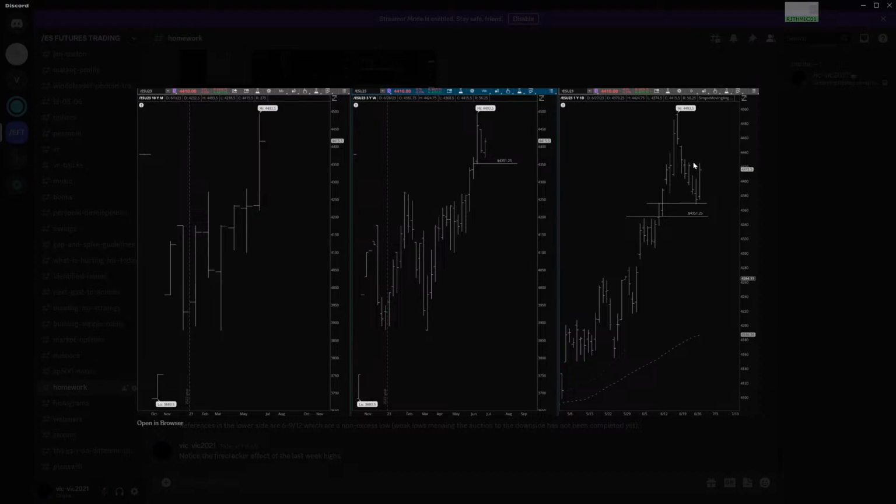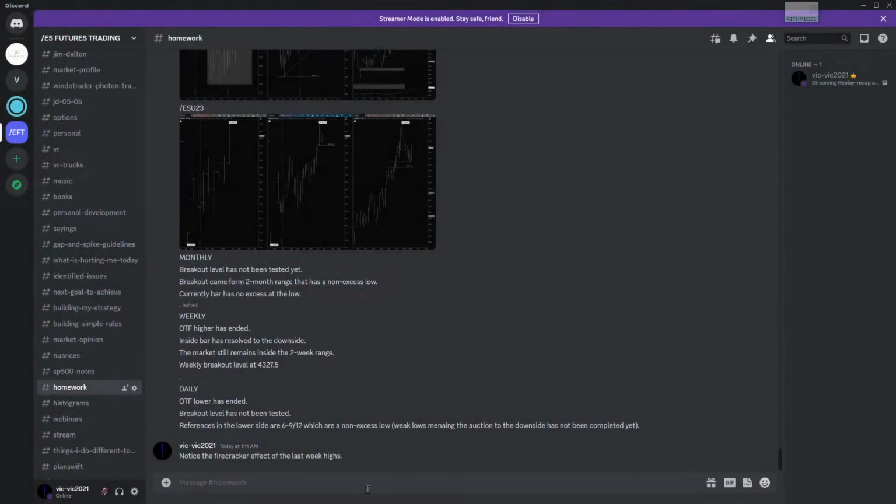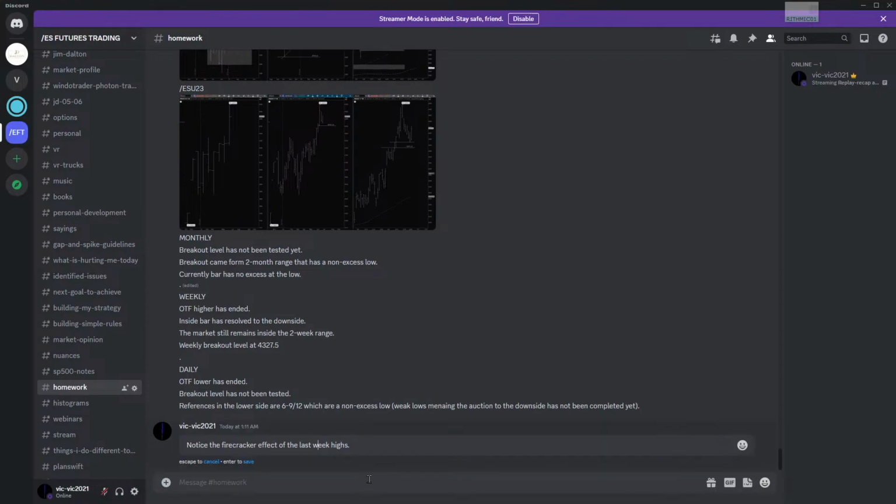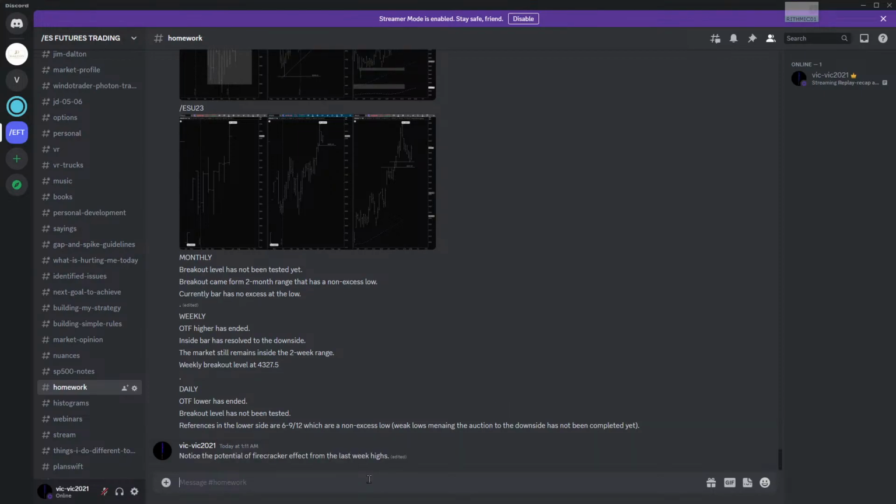Okay, this high is a weak, mechanical high. The market selling from this high weakens this one. It adds more stops to this one. Notice how close. In the daily time frame, these highs are too close. Let's see if I can show the effect on the last week highs.